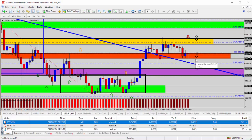You don't really want to sell on top of support. The yellow zone's your resistance. You're going to target that resistance. And if it does break through the orange zone, that's our risk. We know it. We need to put an appropriate stop loss on the trade if you're going to go long